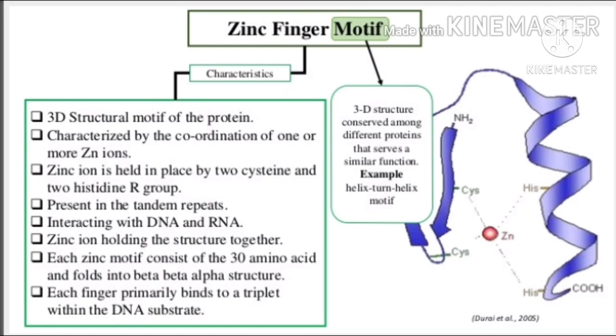Each zinc motif consists of 30 amino acids and folds into a beta alpha structure. Each finger primarily binds to a triplet within the DNA substrate. So zinc finger motif is mainly meant to bind with either DNA or RNA and not with another